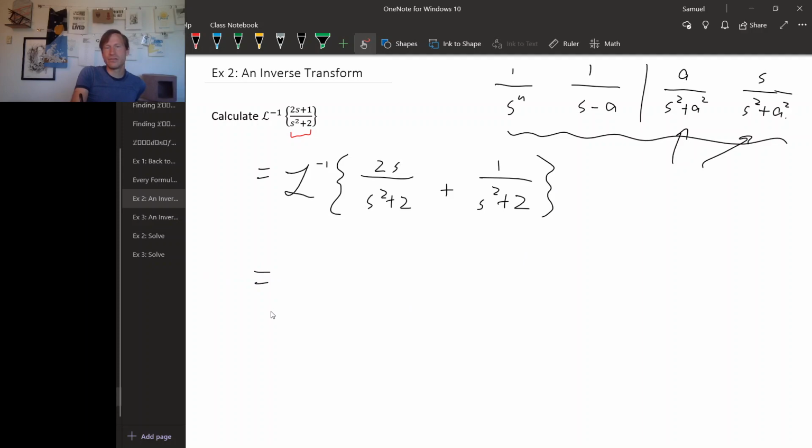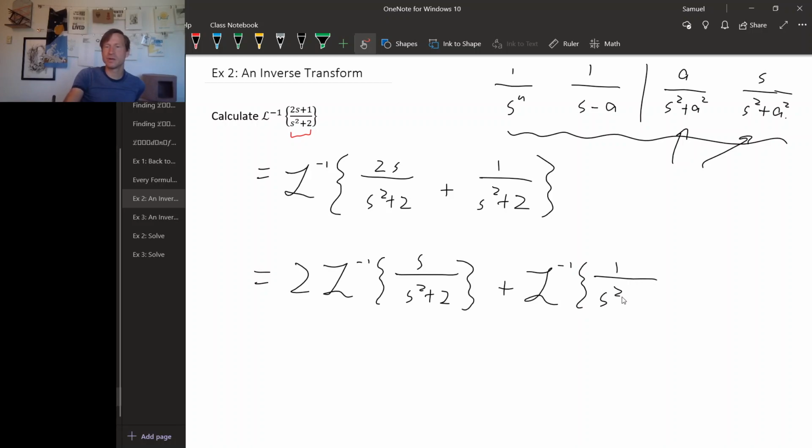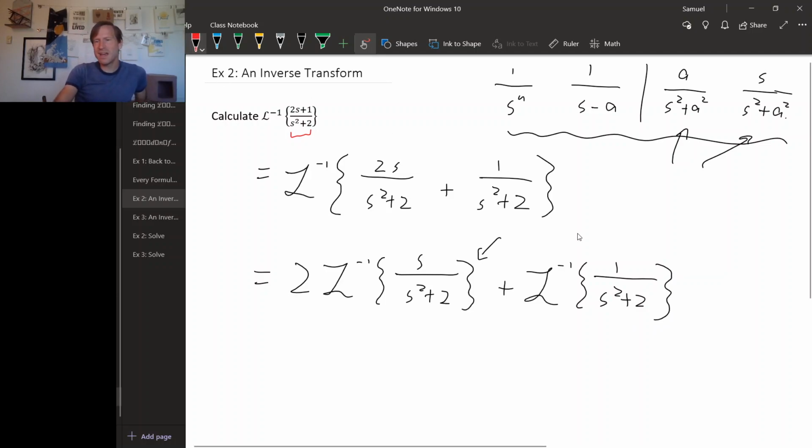Okay, so now we can distribute this Laplace transform. And while we're at it, we can also move this constant multiple outside. So 2 times the inverse Laplace transform of s over s squared plus 2 plus inverse Laplace transform of 1 over s squared plus 2. So this first inverse transform, that's going to be no problem. But the second term here,